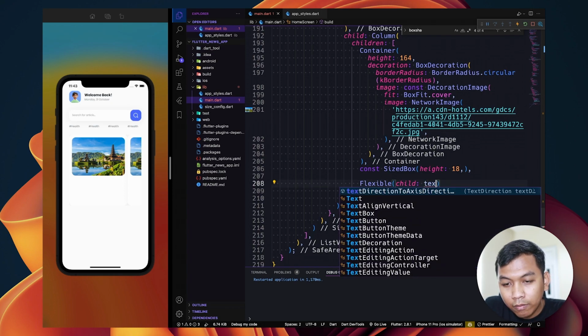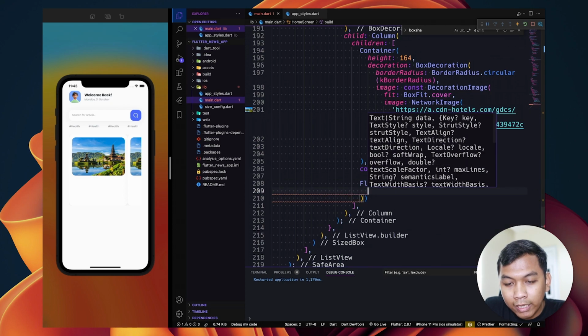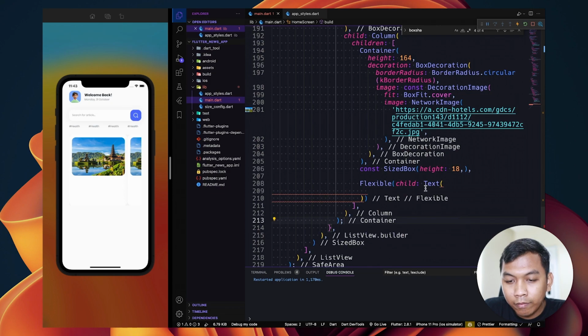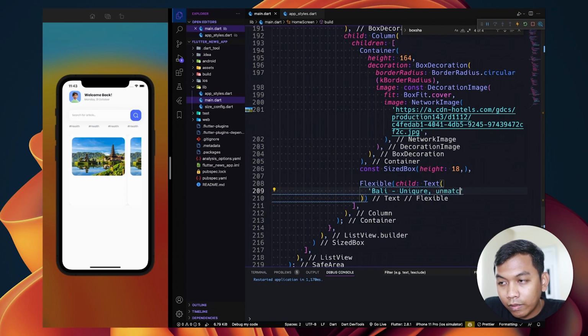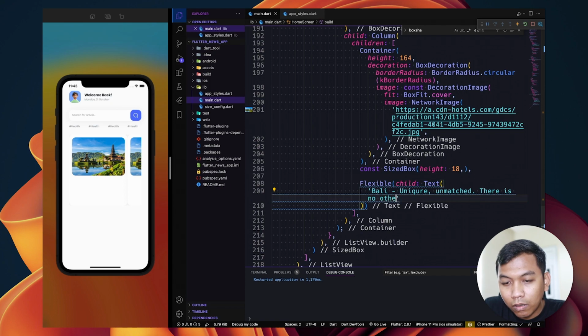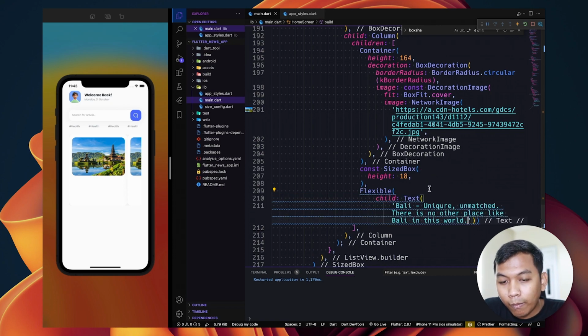So here for the child, we set it to be a text widget. And for the text, let's say Bali, unique, and magic. There is no other place like Bali in this world. Wow.